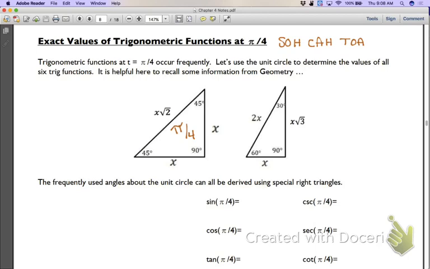Now, whenever we deal with the 30-60-90, that depends on where your angle lies and how that's going to fit. The one thing that it will always do is make the hypotenuse, remember, always your long side. Your hypotenuse is always the radius. So for both of these triangles,